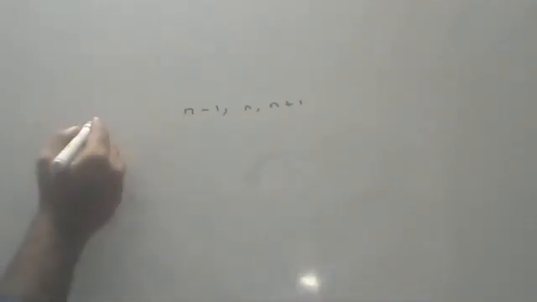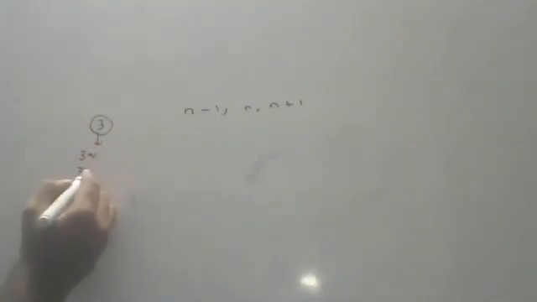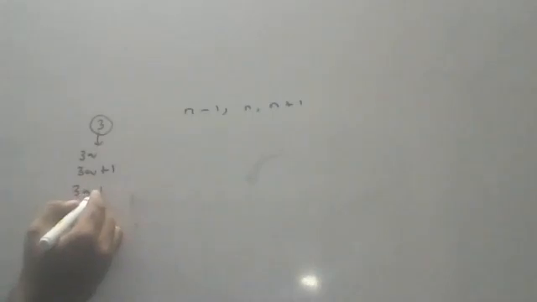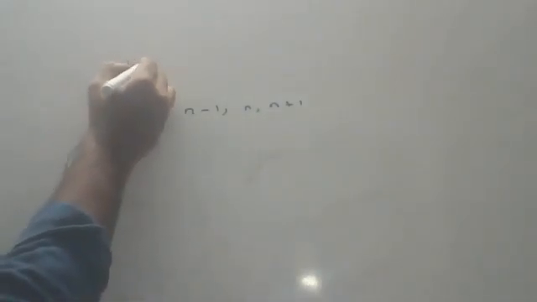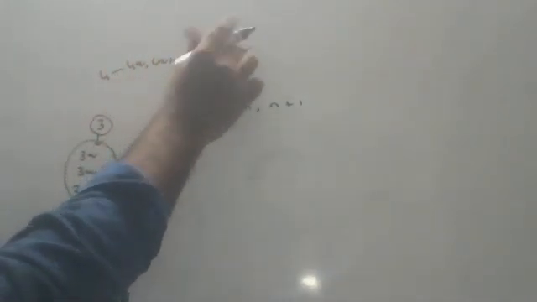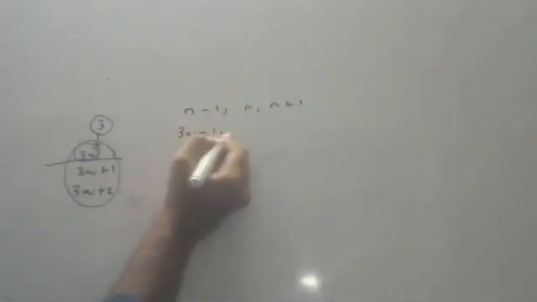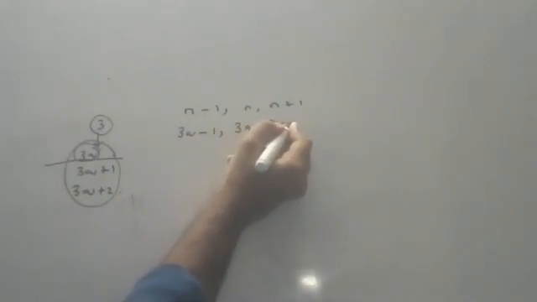This is the question. Because the question is about 3, you should write 3q, 3q plus 1, 3q plus 2, because of Euclid's lemma. If it is 4, what do you write, children? 4q, 4q plus 1, 4q plus 2, 4q plus 3. Okay. So because he is asking to show, with 3q, 3q plus 1, 3q plus 2, then how to show? Am I going slow? Fast? Sorry, children. So take 3q and substitute in this: 3q minus 1, 3q, 3q plus 1.